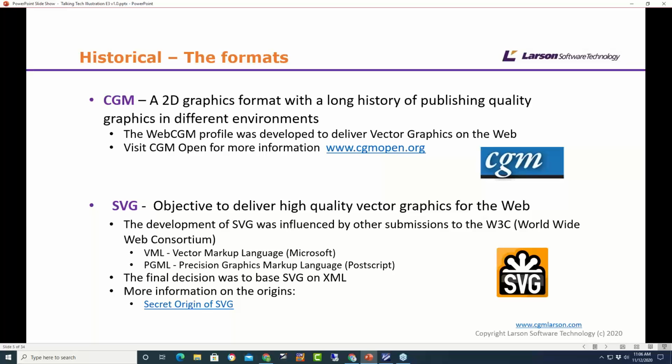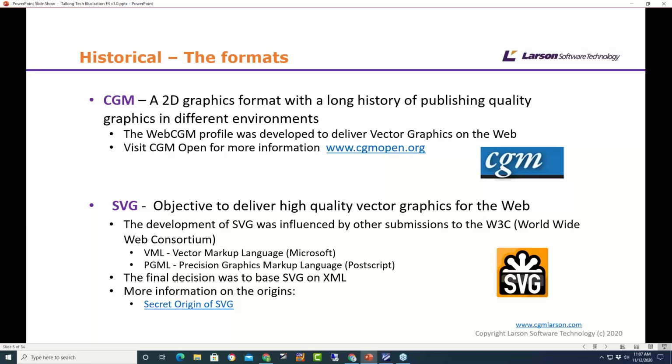So historically, CGM has been around, or seems like it's been around for a long time. It's very stable, very robust. It's an open format, which was one of the reasons we chose it. And being open, it just really means that anybody can use it, develop on it, and it's not proprietary to any company. So in theory, you should always use it as your archive, so you can move it around with other pieces of software.